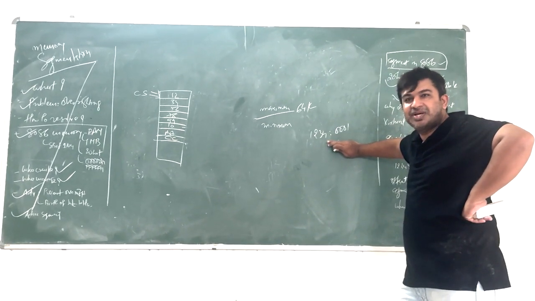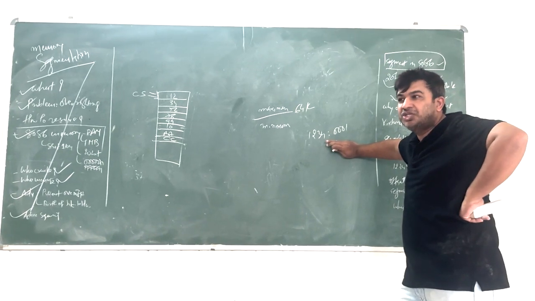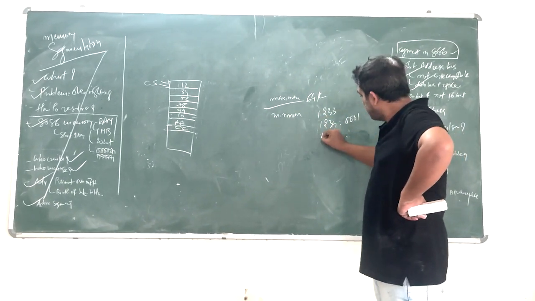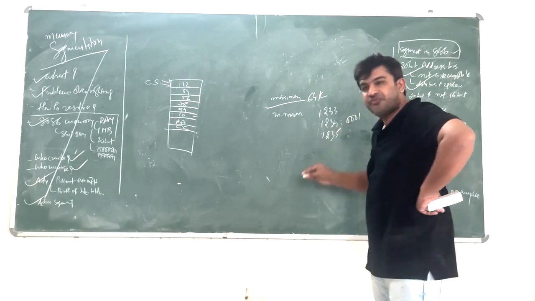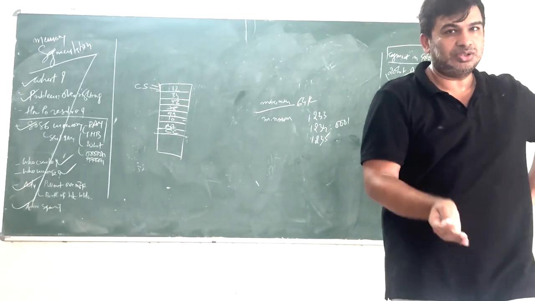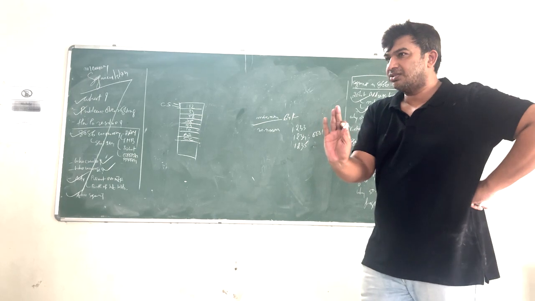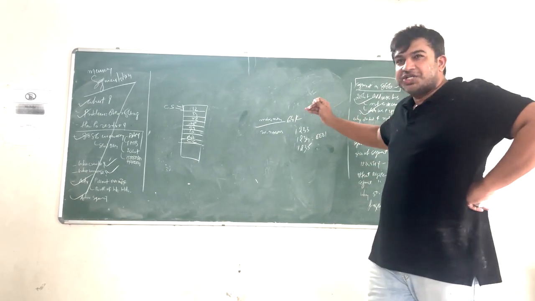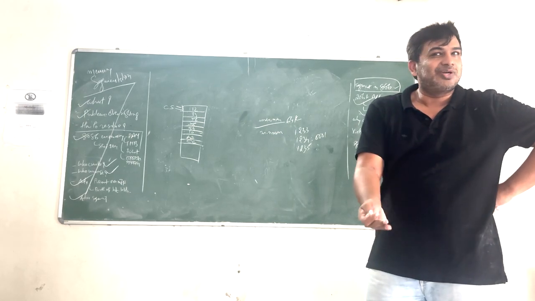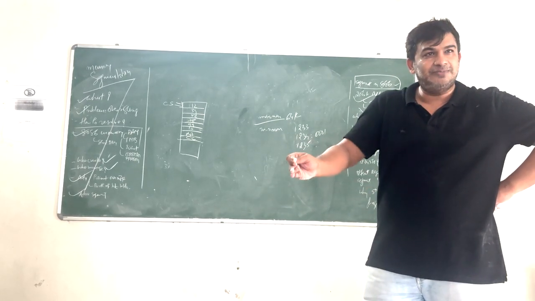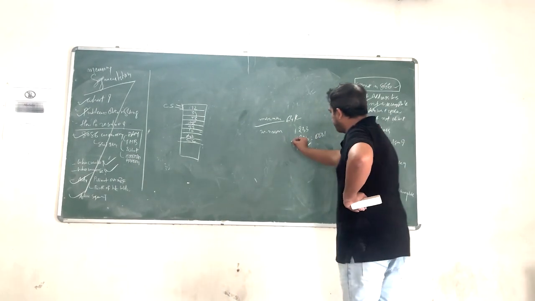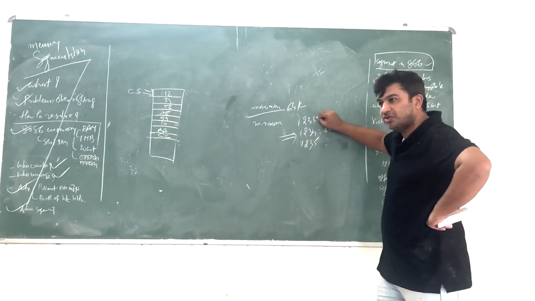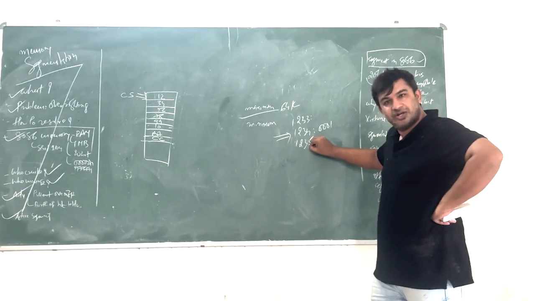If I want to create a segment closest to this one, where would the nearest segment be? 1233 or 1235. This is the minimum number that you can use to start a new segment. There is no number closer than this, because we can't give fractions, we need to give some digit. So if this is my current segment, my new segment can be created on this location or on this location.